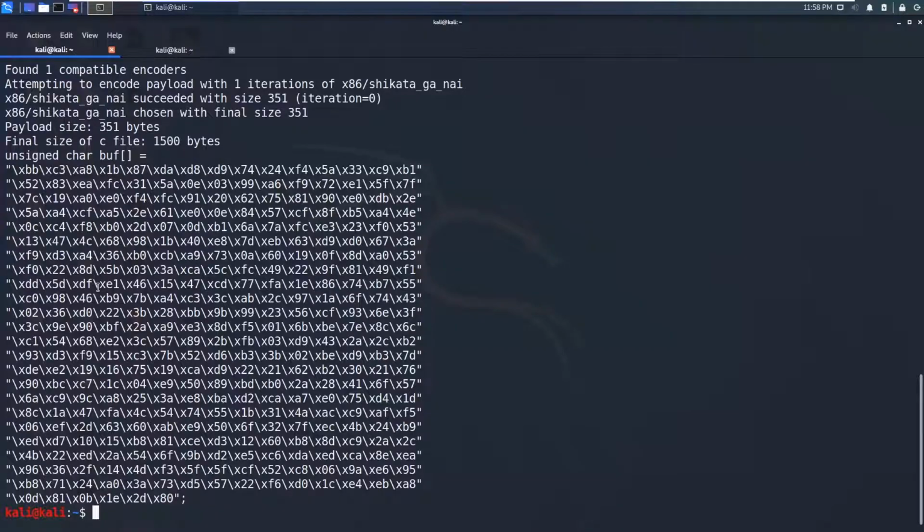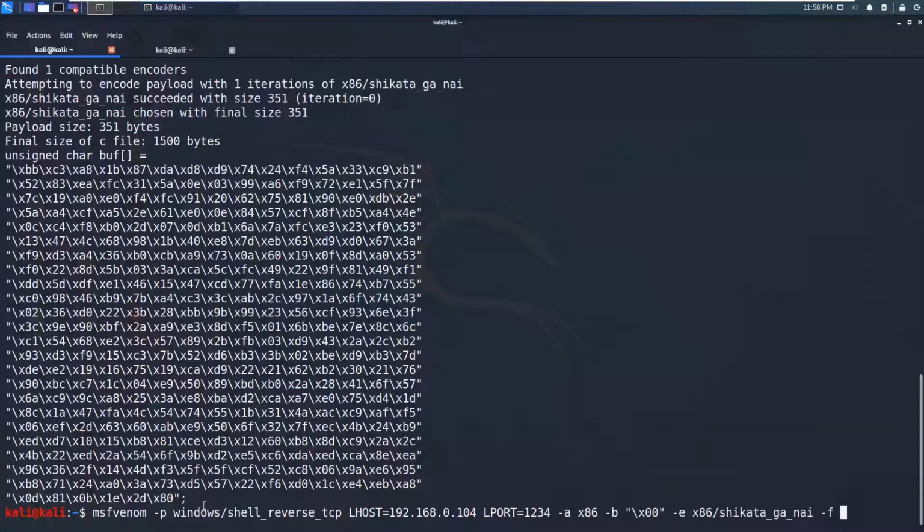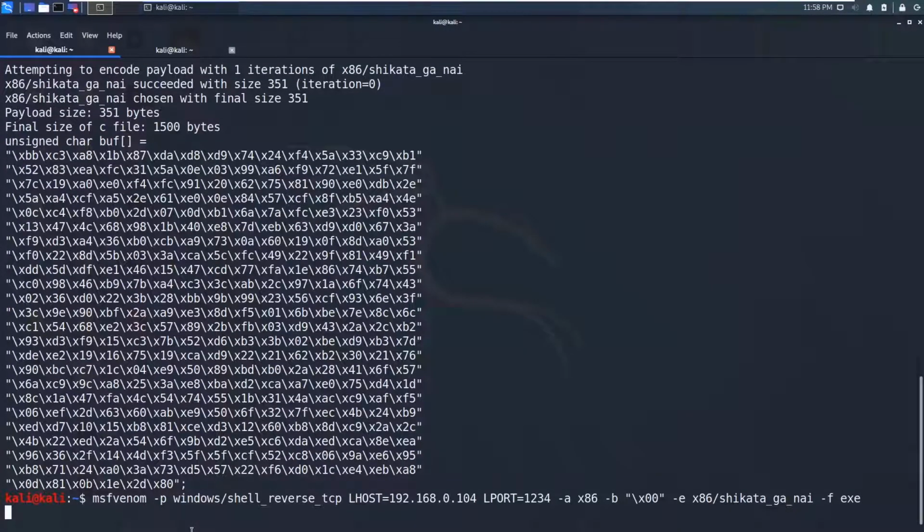So my payload has been generated. This is in the C format, because you can see there is a character array, and the array contains our payload content. Let's go and create in exe format.